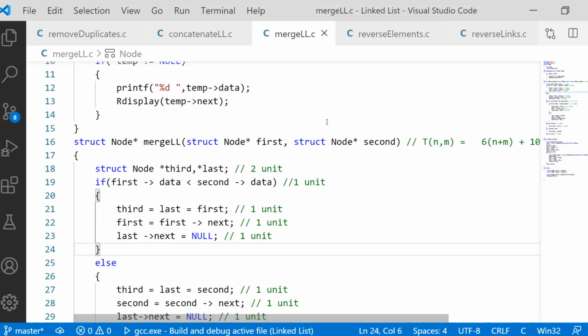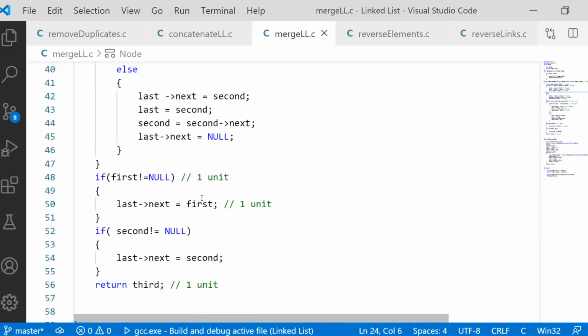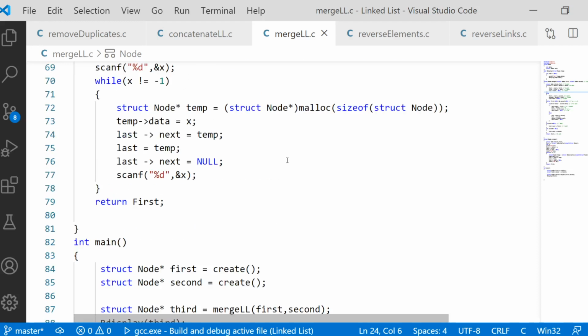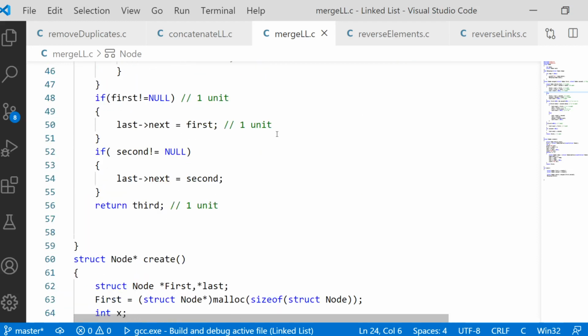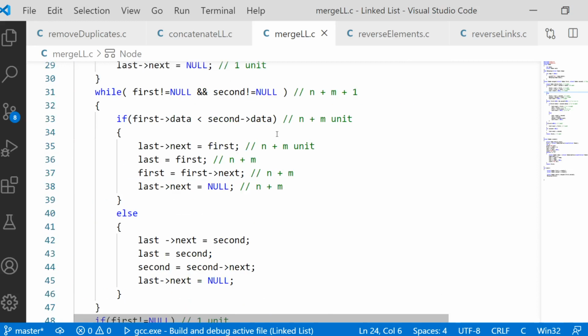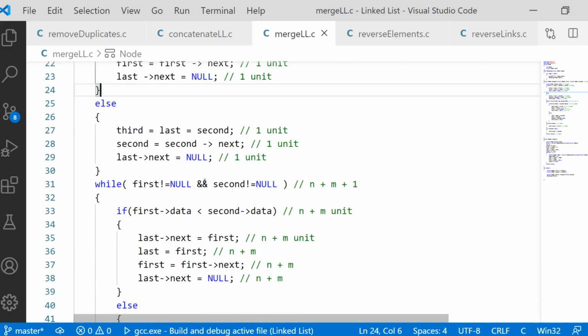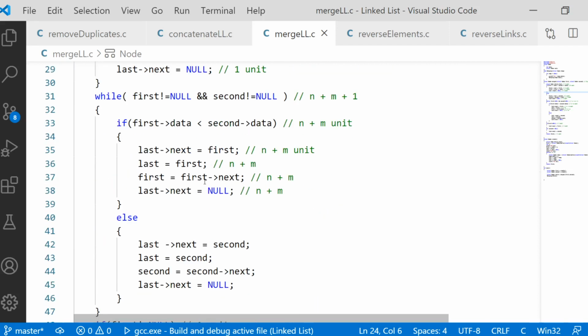One is the two pointers, first and second, because here first and second in the main function are different. They are for storing the input. But we are just passing that address, and we are creating new pointers separately. So this is extra space according to the logic. So two blocks here, and third and last, four blocks. Is there any other block that we are taking? No, only four extra blocks.